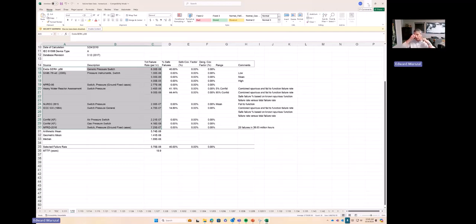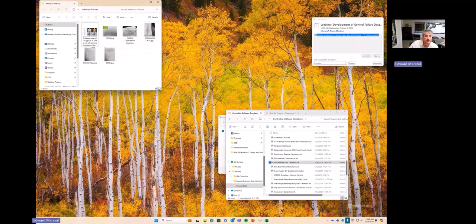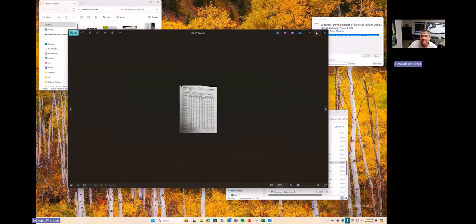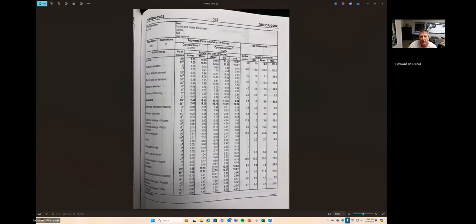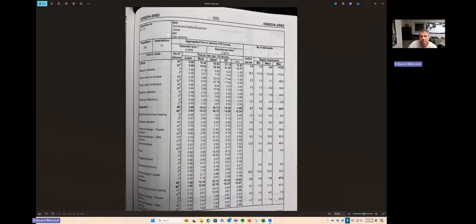Well, before you go and use your gut to say, I've heard OREDA so many times, it's got to be good, let's take a little deeper dive into what this data looks like. So let me begin by showing you some good data. If I maximize this, this is data for control and safety equipment, ball valves in gas service. Okay, so in OREDA 2002, which was this one here,